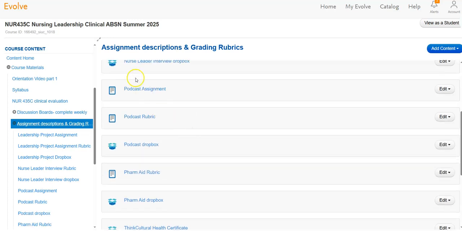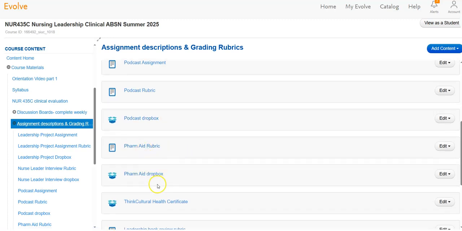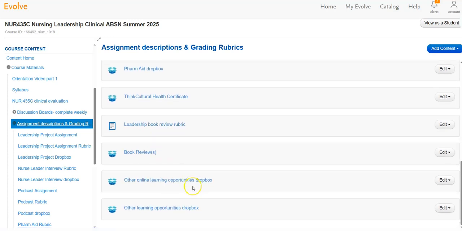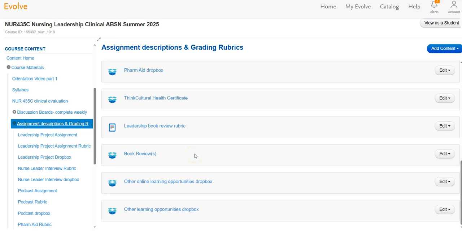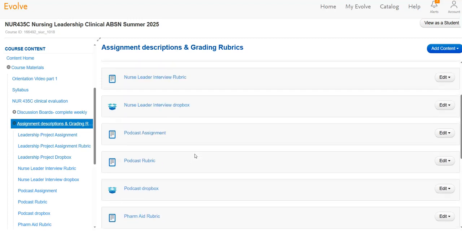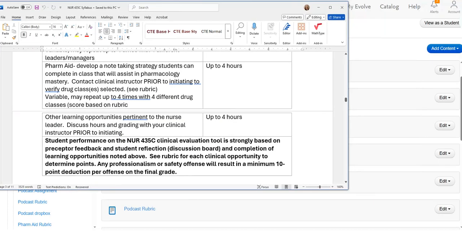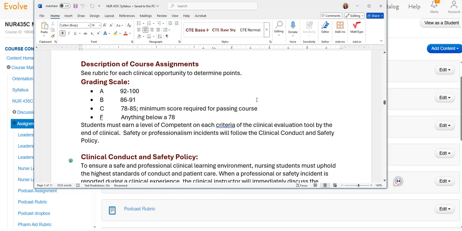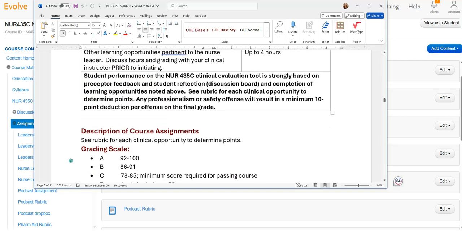Let's get that up there. So it should be, here's what the assignment is, here's your rubric to get your points, and here's where you put it. So you'll notice that's pretty consistent throughout. If you have questions about this, if something doesn't make sense, then by all means holler at me so I can help you make sense out of this part. I'm wanting it to be something that you're thinking about in the mindset of a leader when you're working through these. I think that is all of these things.